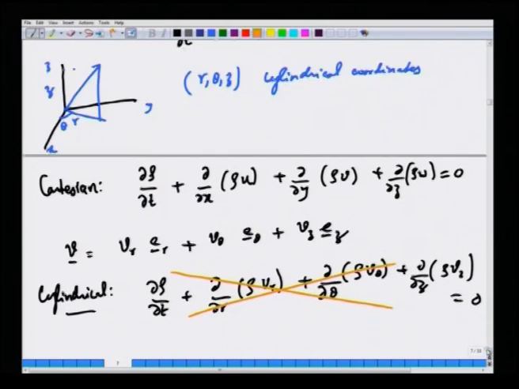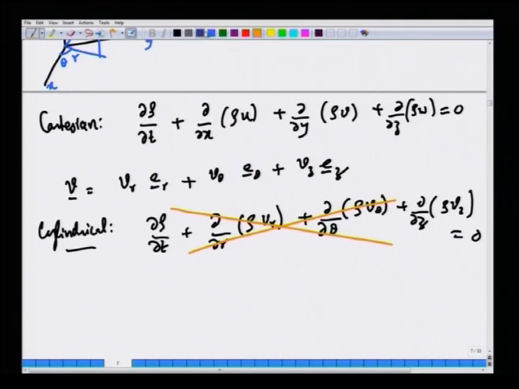because, for the first reason, such a straightforward extension of the Cartesian continuity equation to cylindrical coordinates is not even dimensionally consistent, because this is an angle variable. Theta is an angle, it has no dimensions, it does not have dimensions of length, whereas r and z have dimensions of length. So clearly you cannot readily extend this to other coordinate systems such as cylindrical and spherical coordinate systems. A more fundamental reason is that if I look at the abstract form,